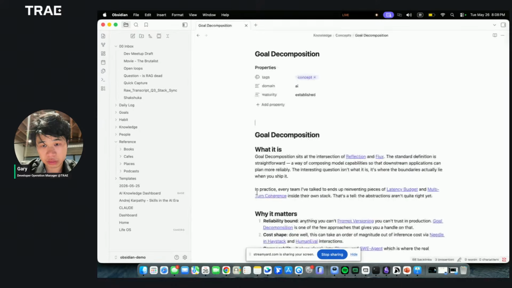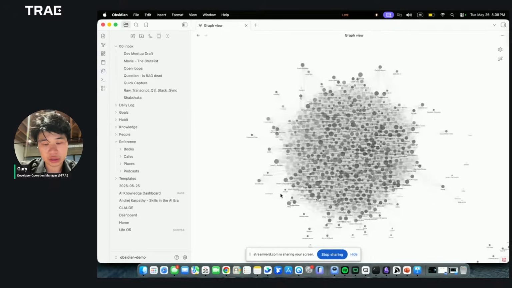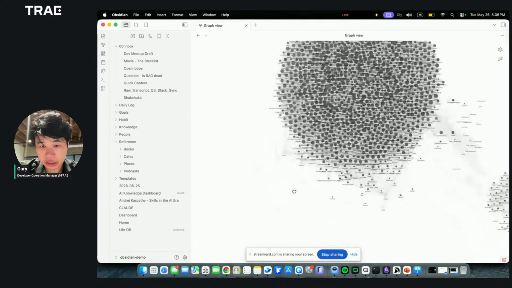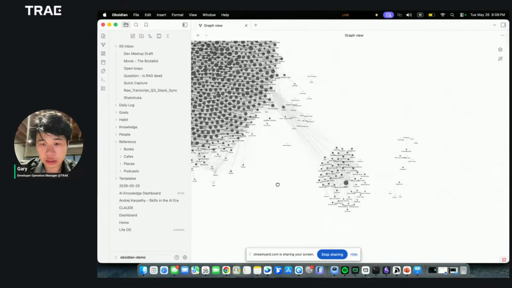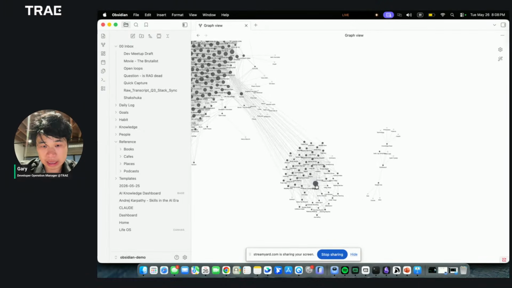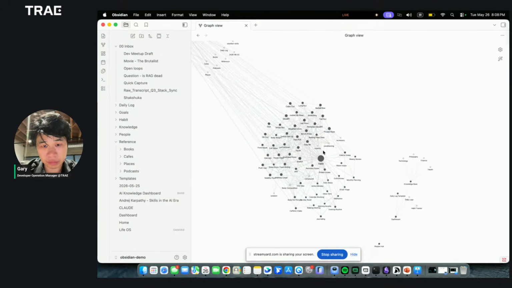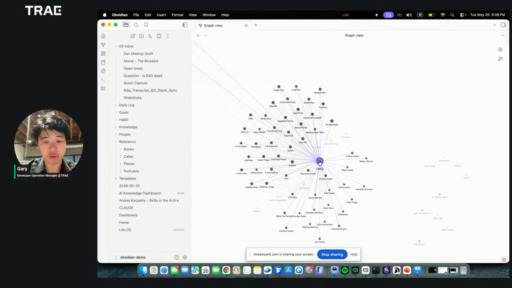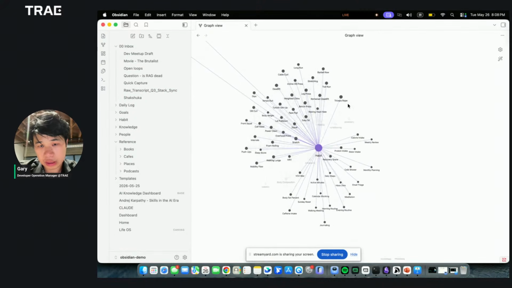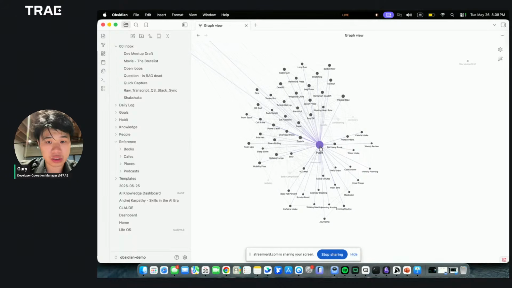So for example, we can have the goal, and also we have the habits. So much different information over here. Yeah, it's kind of slow. So for example, this is the habit. This node basically connects with all the other information. For example, for my personal habit, it has the workout, cardio, power training, so many different options. And basically this is the center node over here.